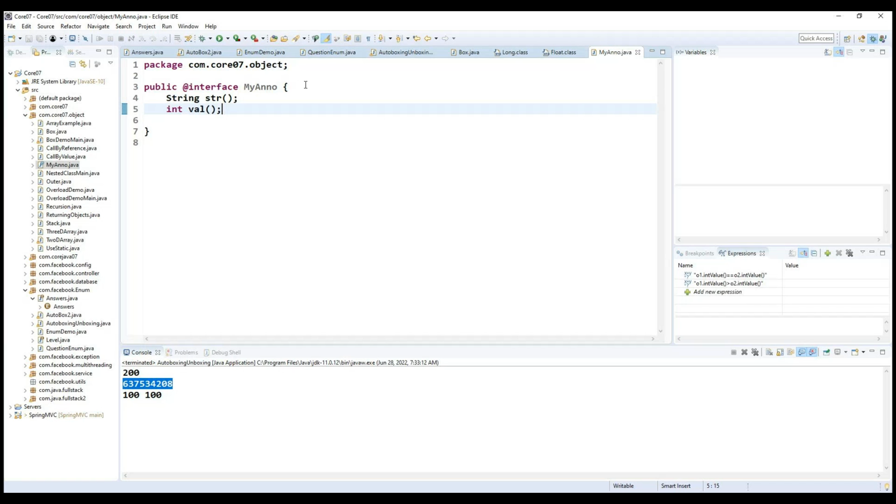Getting the point. And these methods can contain the body at runtime here. Okay, so don't worry, this method implementation is going to be taken care of by our Java compiler. So this is very important, we need to understand it. And another piece of information: basically this annotation is not going to include